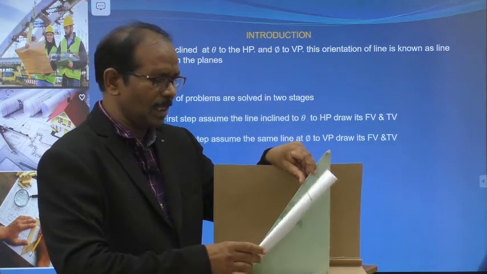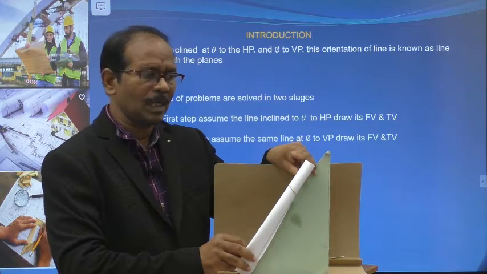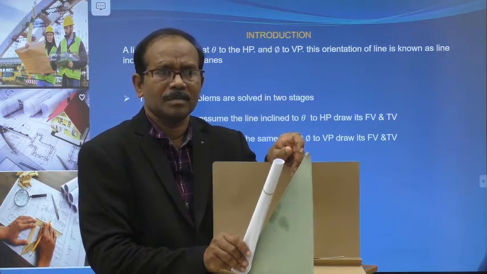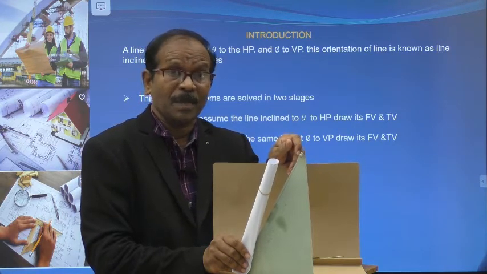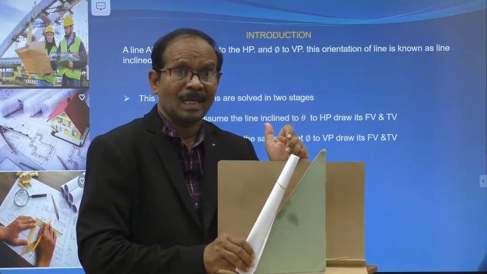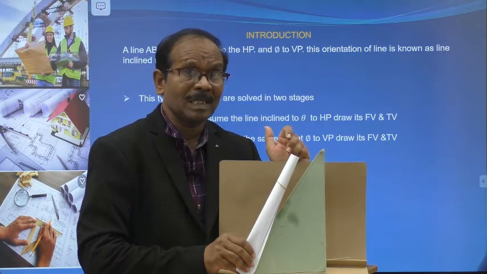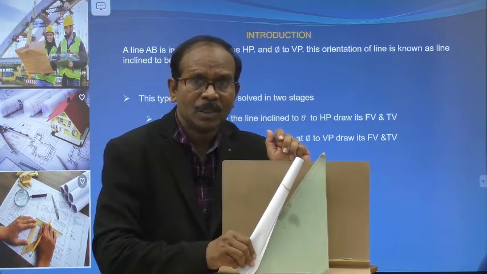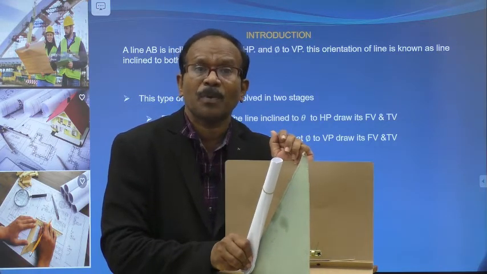Let us observe clearly. Now this is the line inclined to one plane. I am going to tilt it so that the line is inclined to both the planes. What happened? Let us observe the previous top view, which is the pencil. The length is the same; it doesn't change. What is the previous value? For example, 20 mm. That 20 mm only moves to a new location without changing its top view value.